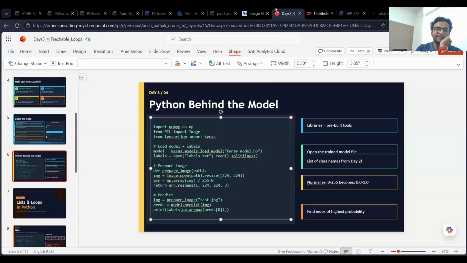I'm not currently having the test.jpg or the Keras model right now. That's why I wasn't able to make you go through the code all at once. I'll make sure to get hold of all these in the next session. But just to give you an understanding of how very basic code is written to prepare the image and then test a particular model on that image.